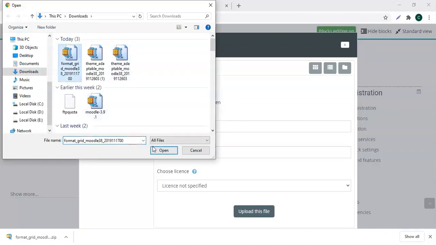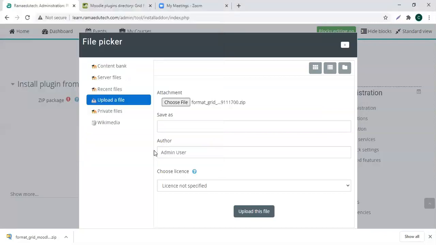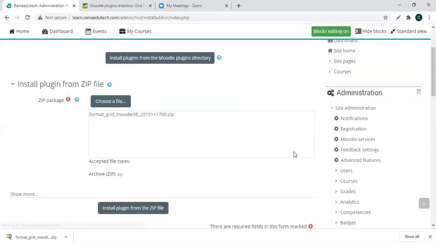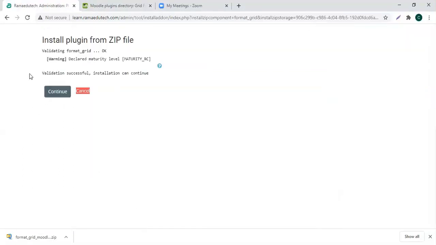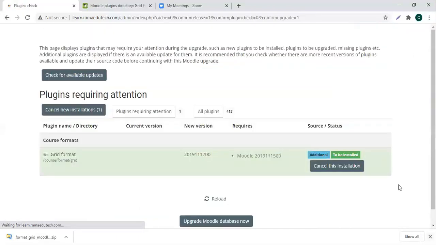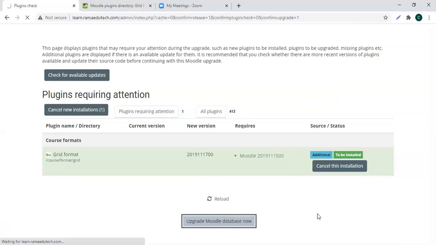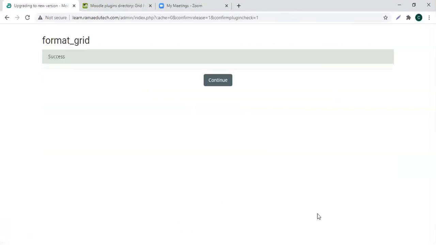Here is the grid format, open, upload this file, install plugin, continue, upgrade Moodle database now, continue.